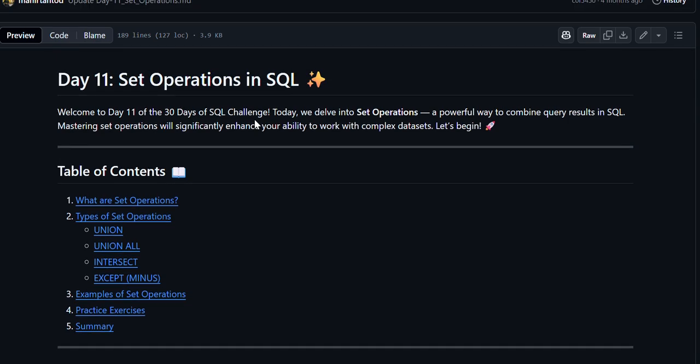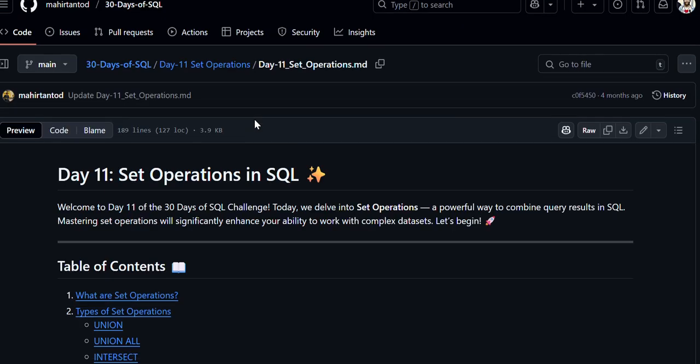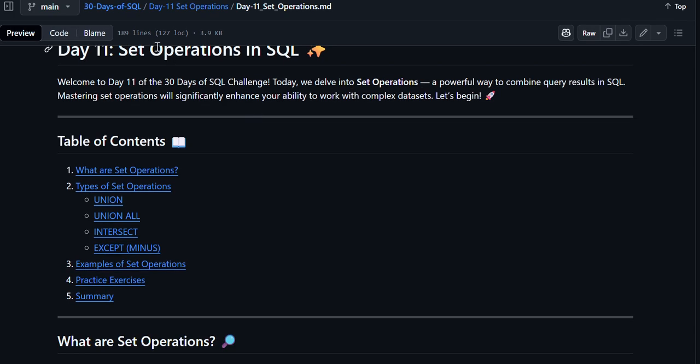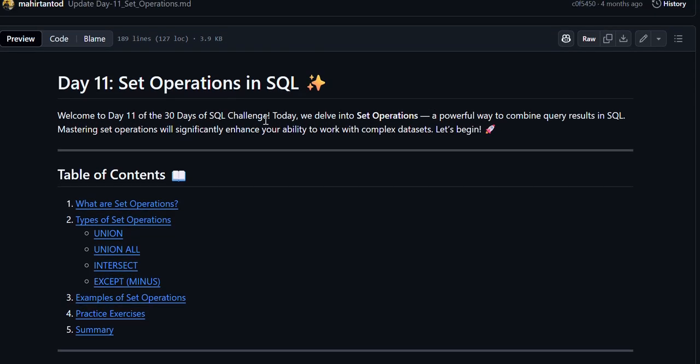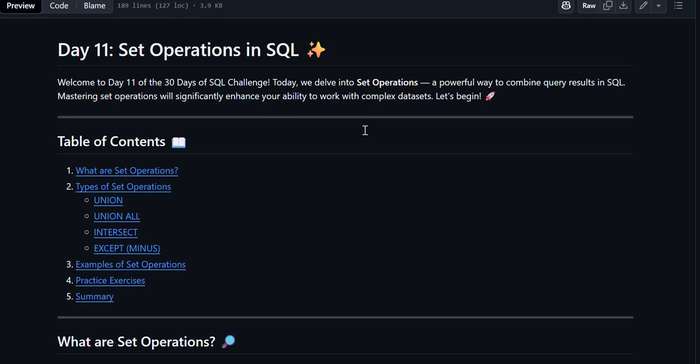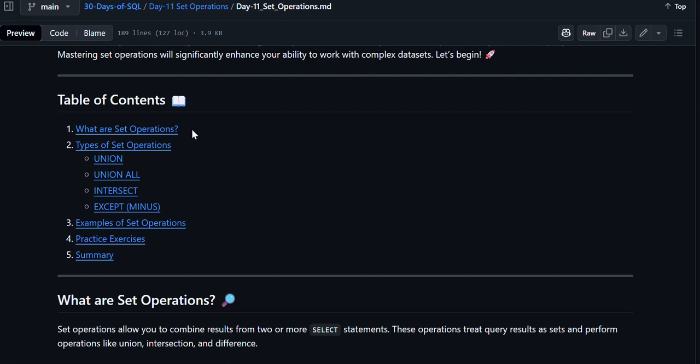Today is day 15 of the 30-day data science challenge that I'm doing for SQL, and we're going to go over set operations in SQL. This is basically a powerful way to combine query results in SQL. Mastering set operations will significantly enhance your ability to work with complex data sets. So we'll go over what set operations are, types of set operations: union, union all, intersect, except, examples of set operations,